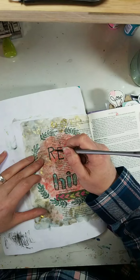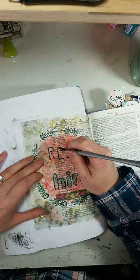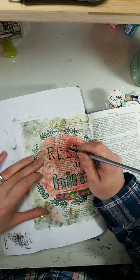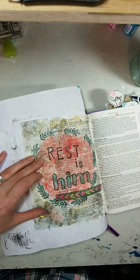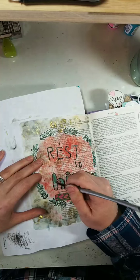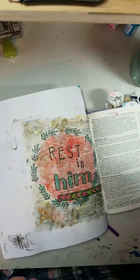The Skinny Mini Alpha, which is the one up top that says Rest, is one of our new releases for March, and it is definitely a fave. I like the size of it and that you can add just a little bit of color. Alright, I may just have to dry that H and then...